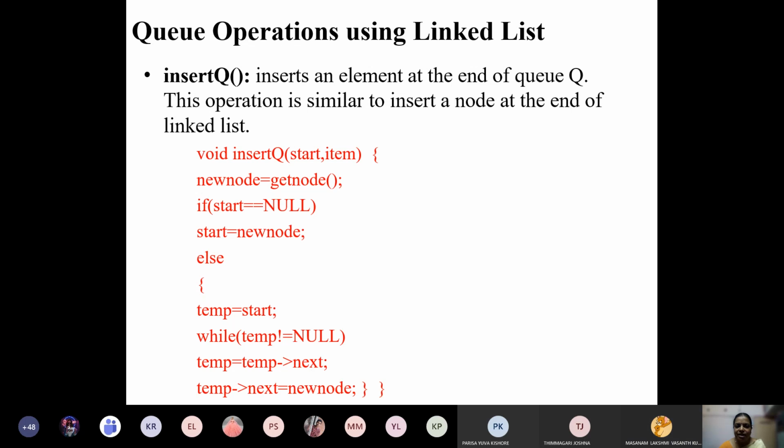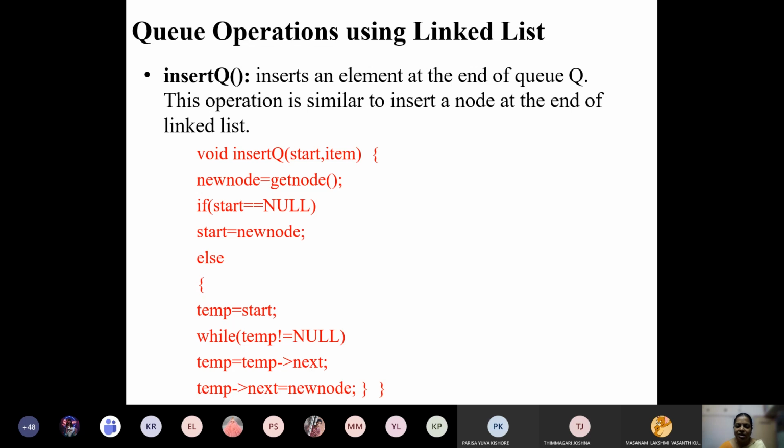So the first operation is insert queue, inserting an element into the queue. For that we are writing a function that inserts at the end of the linked list. The function is insert queue. We are taking two parameters, start and item, create a node and assign it to the new node variable, and check whether the linked list is empty or not. If it is empty, assign the new node as the starting node.